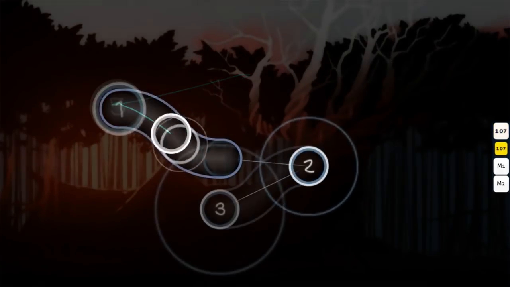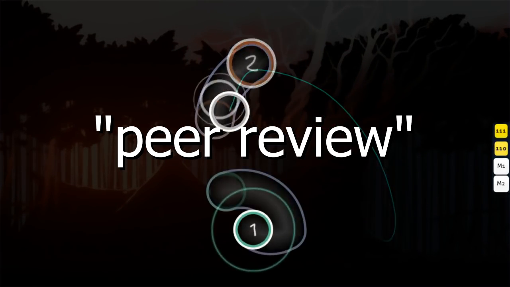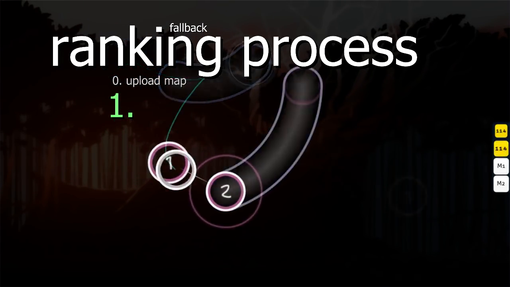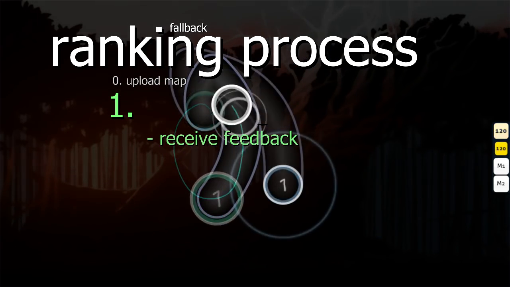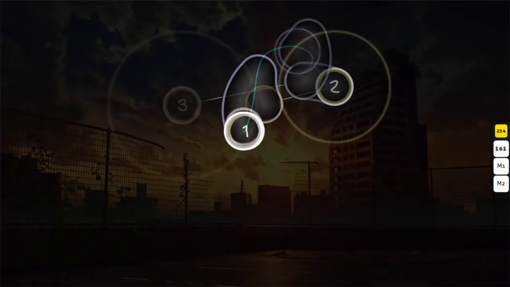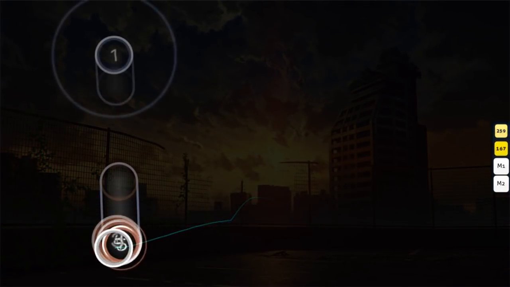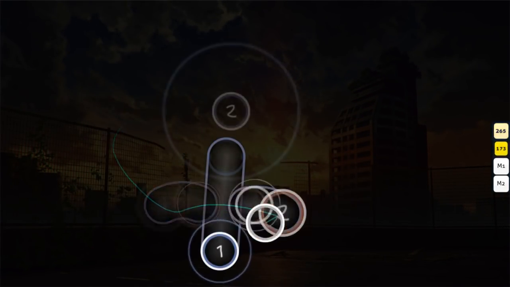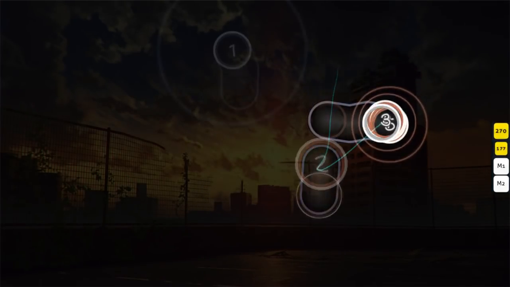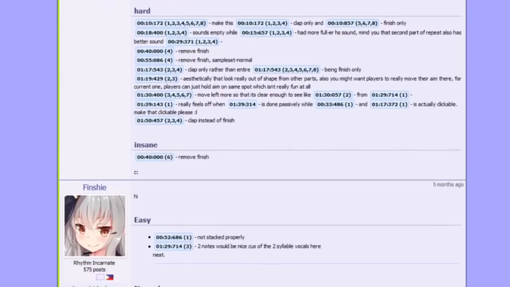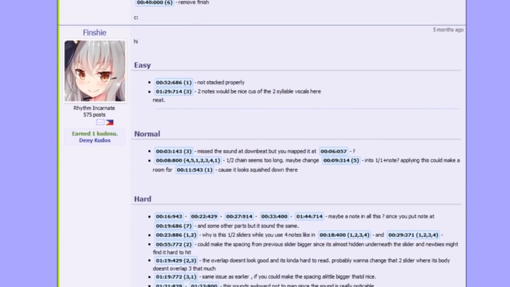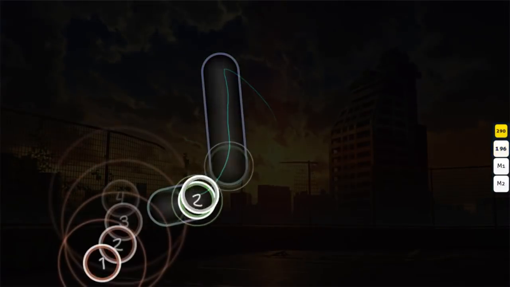Generally speaking, the ranking process is a peer review system, and so the first real step to the ranking process is getting constructive feedback from average players and mappers, usually referred to as the modding stage. Modding is the act of giving feedback, and so a mod is each occurrence of that feedback as determined by individual forum posts. During the modding stage, you'll need to find a few people to post mods on your map and help raise it up to ranking standards. What are those ranking standards?